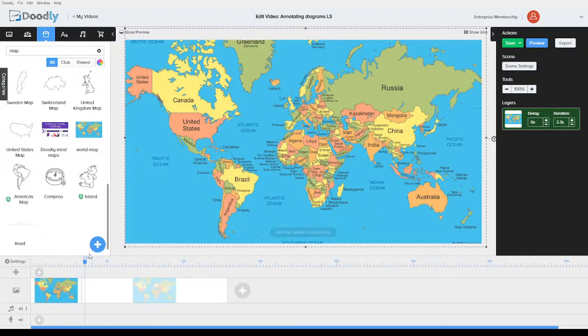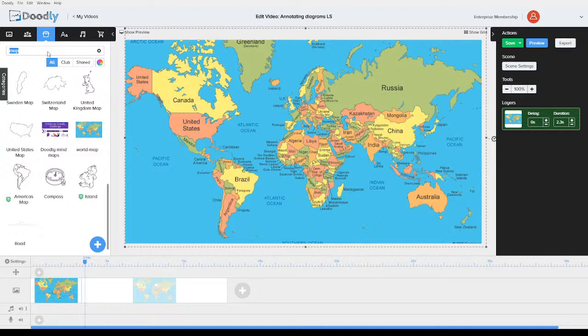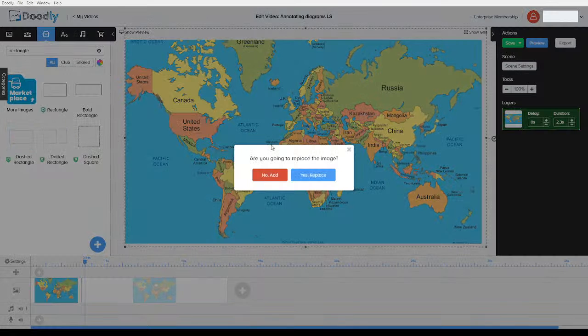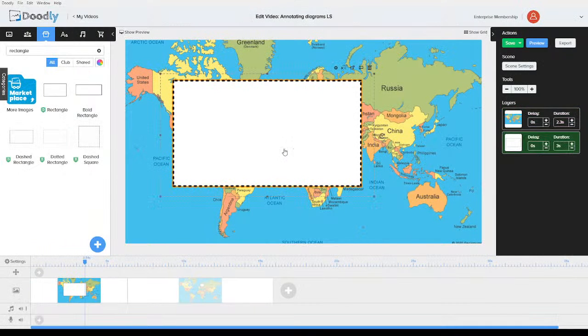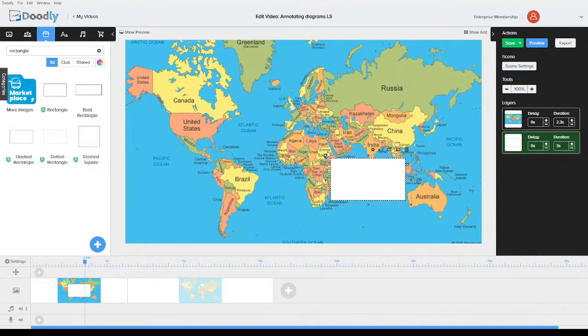I'm going to put a title in as well. So actually I want a rectangle. You'll see what I'm doing. You'll see, it'll make sense. Dash rectangle, add it. I don't want it that big.